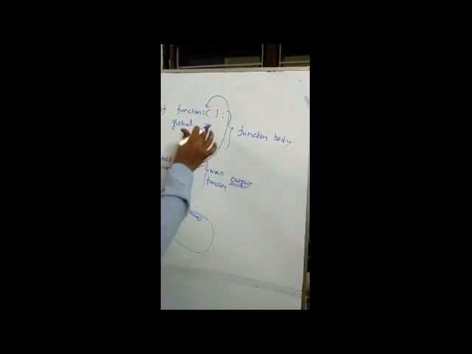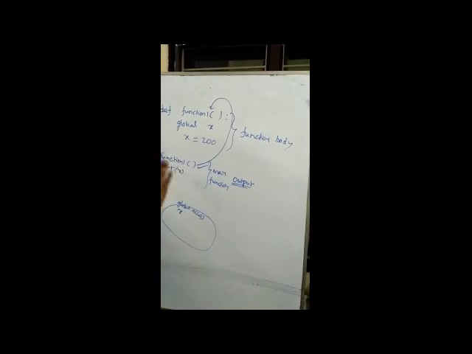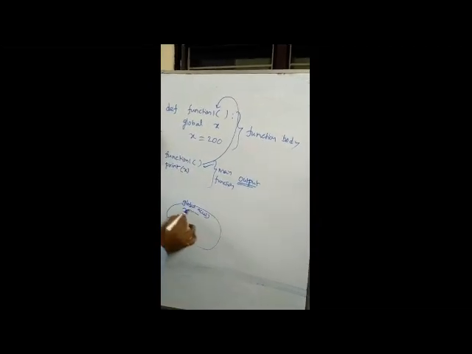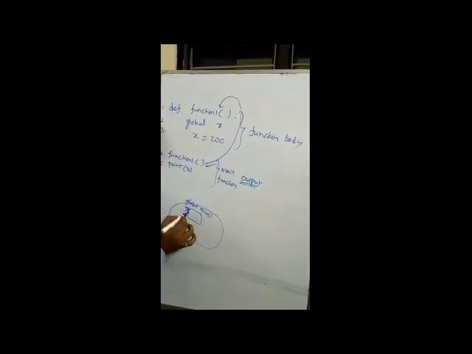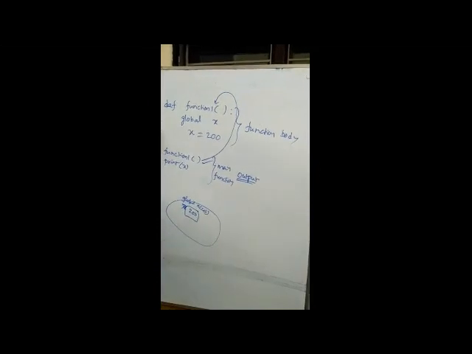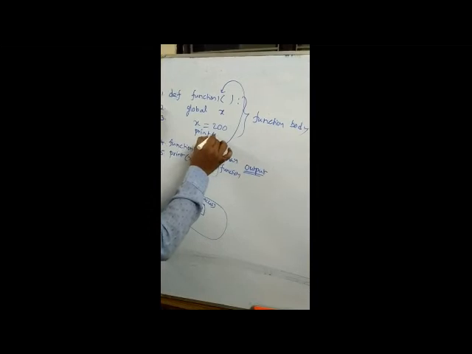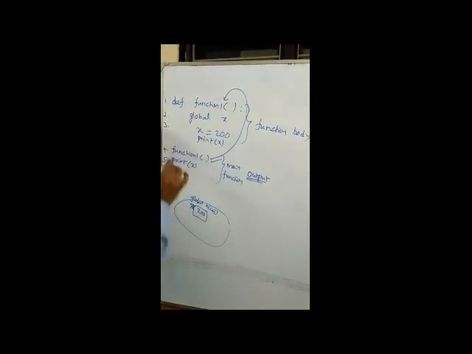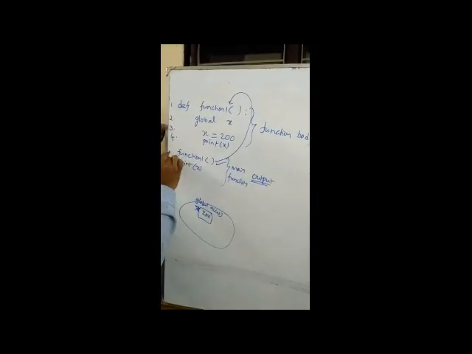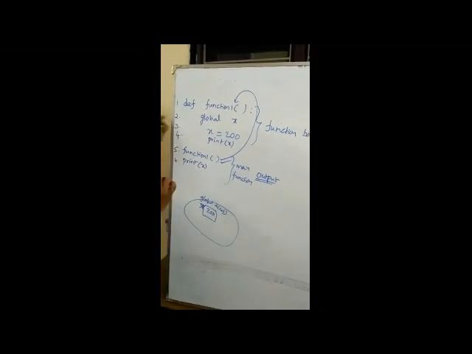This can be accessed within the function and outside of the function also. So x is global and x value is 200 here. Then after that, here I am writing print of x. Here x is printed in this statement, fourth statement. This one is fifth statement. This one is sixth statement.